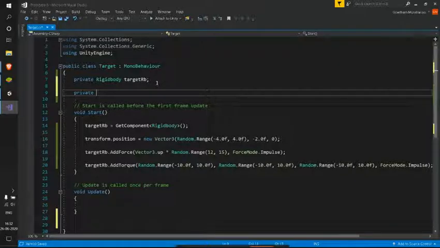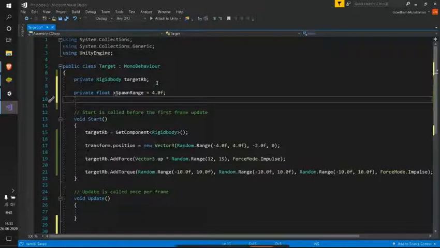So here coming to the position, I'll be naming this as private float x spawn range. X spawn range, I can give that as 4.0f, and as this is negative and positive, so I can use the same variable. Private float y spawn position. I'll give that as y spawn pos, and that is -2.0f.